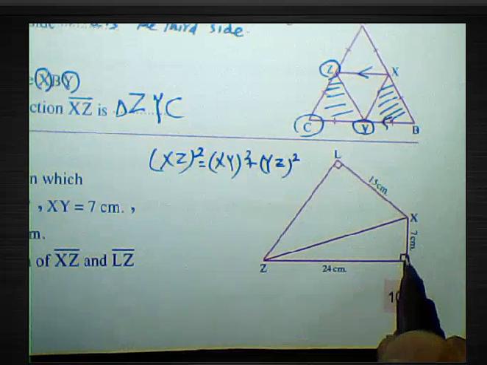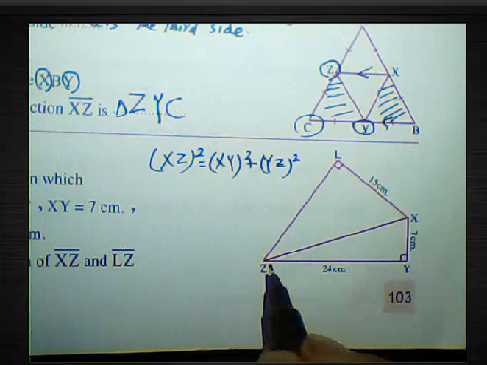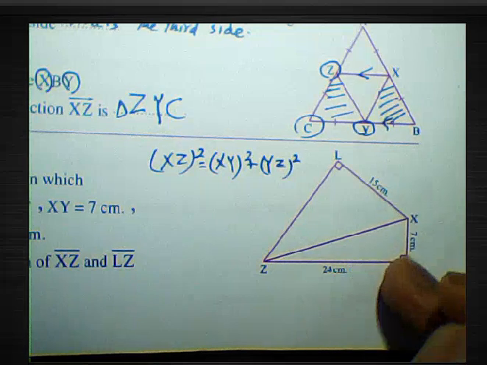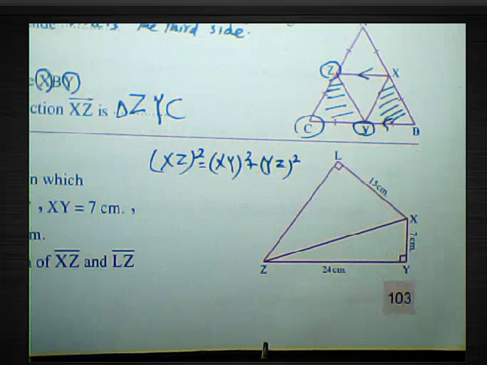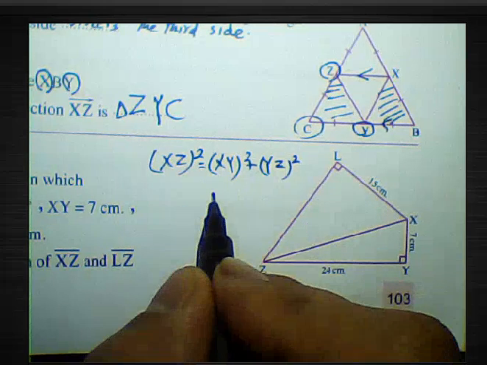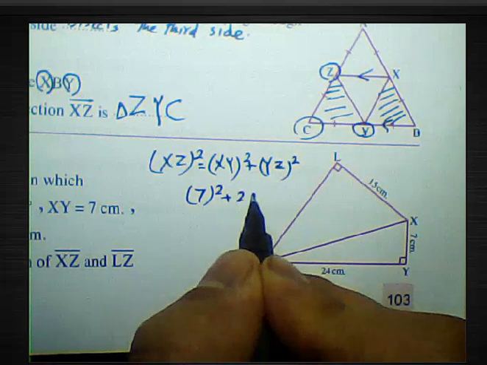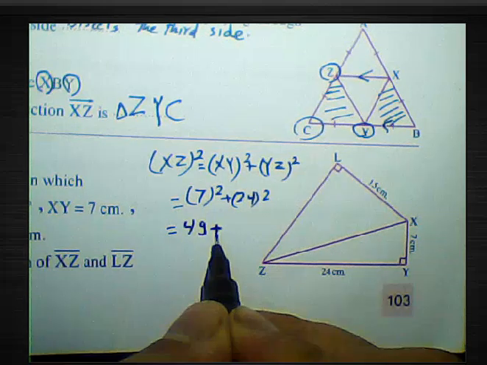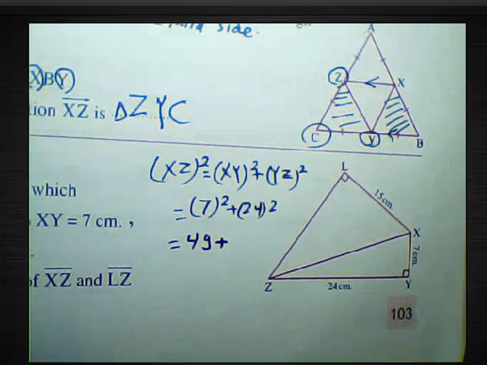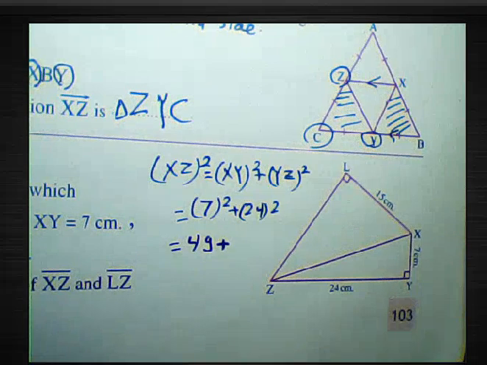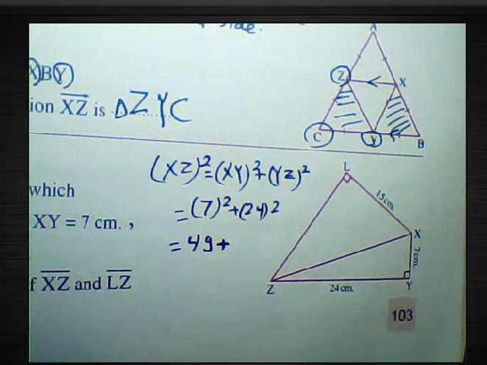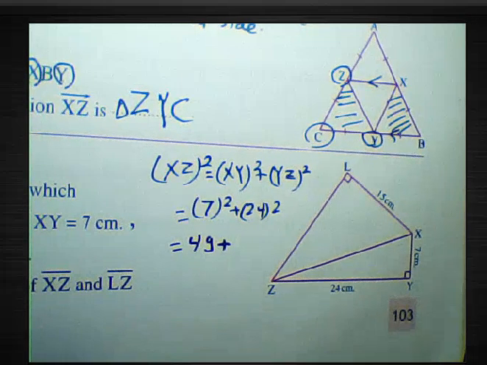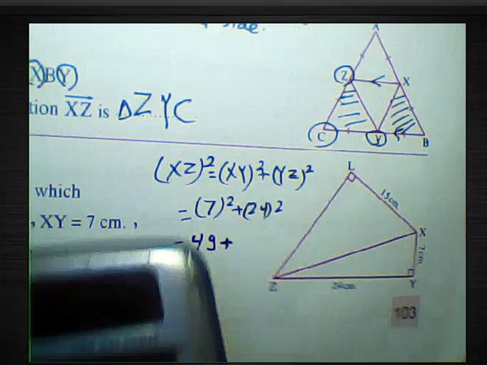Because this triangle is a right-angled triangle at Y, the hypotenuse power 2 equals the two adjacent sides, the first power 2 and the second power 2. It will be 7 power 2 plus 24 power 2. 7 power 2 equals 49, and 24 power 2 we can find by using a calculator, equal to